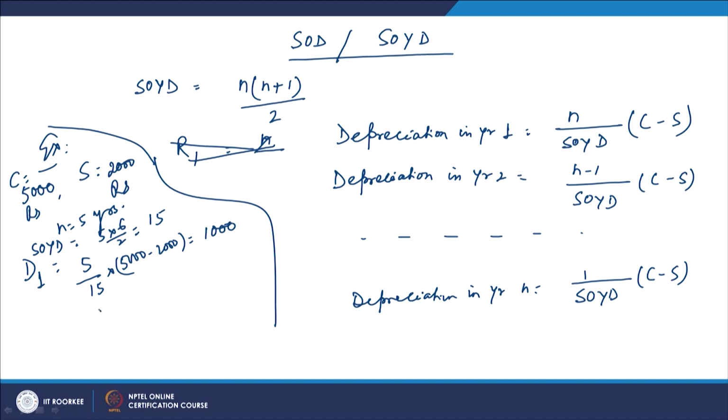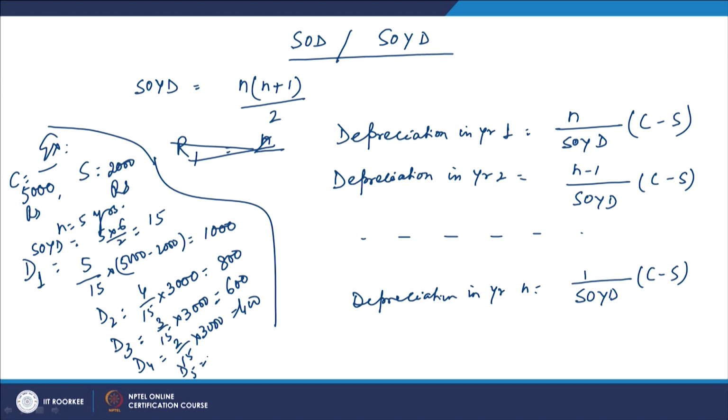Similarly you can calculate D2. D2 will be 4 by 15 into 3000, so it will be 200 into 4, that is 800. D3 will be 3 by 15 into 3000, so it will be 600. D4 will be 2 by 15 into 3000, so it will be 400, and D5 will be 1 by 15 into 3000, so it will be 200. If you sum them all together, 1000 plus 800 plus 600 plus 400 plus 200, the total depreciation is 3000, which is C minus S. This is how the depreciation amount is computed using the sum of years digit method of